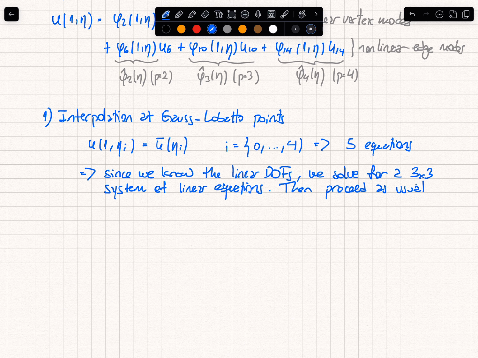Yeah? But like we just said as well that degrees of freedom with the higher order shape functions, there's no physical meaning to those. So how can we have a prescribed condition coupled to? I'll show you in a minute. Okay. Let me finish and I'll show you, because in the book this is explained much nicer, and there is an example. Okay, so the second approach is just do an L2 projection